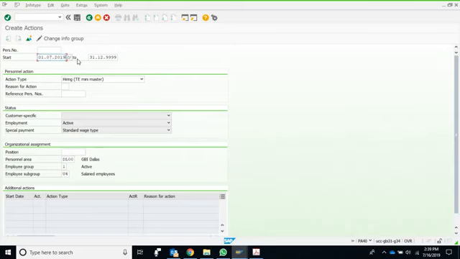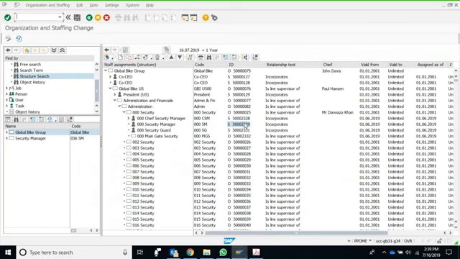Technically, this date has to be a date after the date of creating the position. So we created the position on the first of the last month, so we hired the employee on the first of the current month. And the position here, we need to mention the position ID on which the employee is hired. So this is the position ID